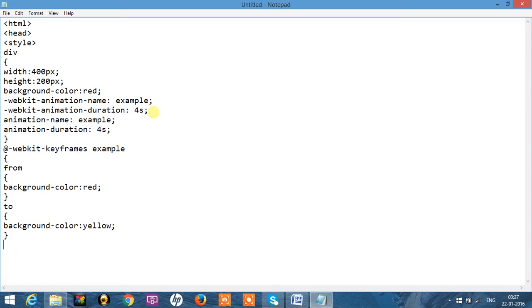This is about animation. And now we'll take the standard syntax for keyframes.